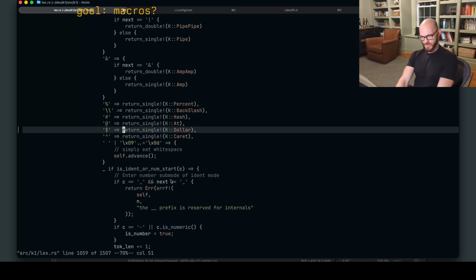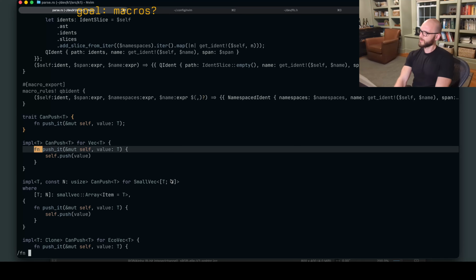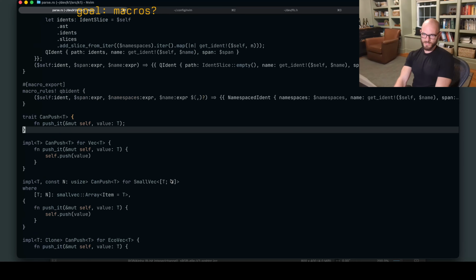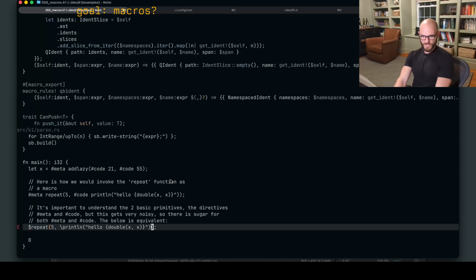We added a token kind to our lexer. Should we add backslash at the same time? Let's do just dollar for now. Oh, we already have backslash though, so let's parse. It's actually kind of tricky because the question is, where do I want it?